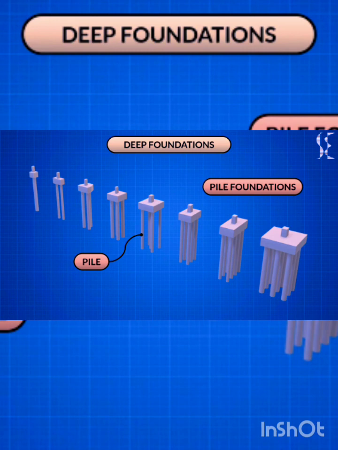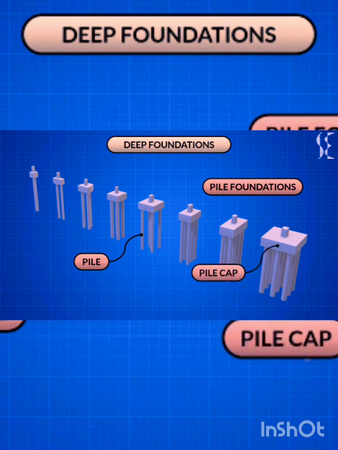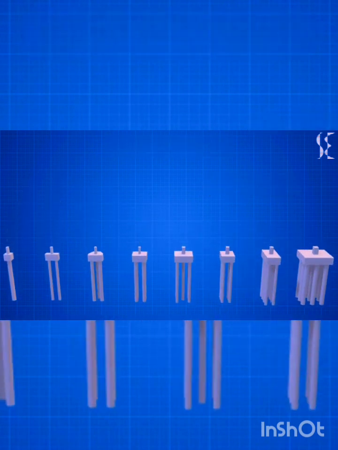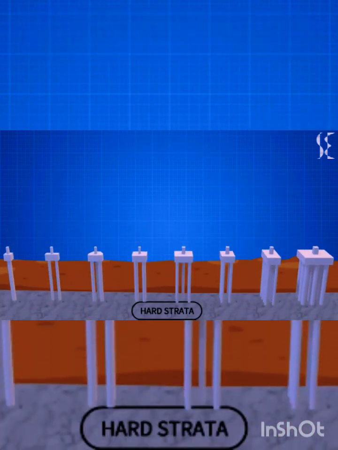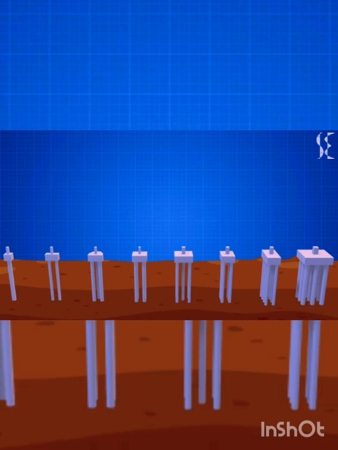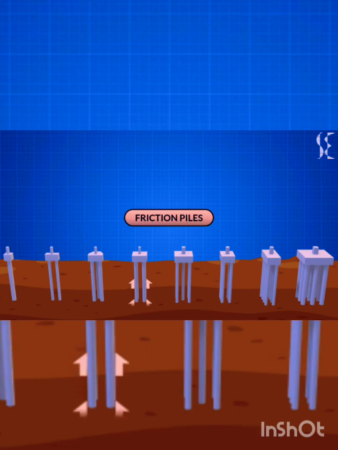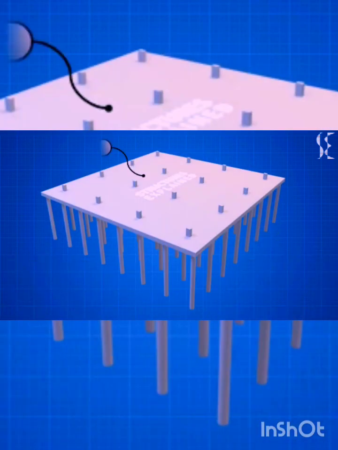They are normally provided in a group with a pile cap at the top through which the loads of the superstructure are transferred to the piles. These piles transfer load to the hard strata deep below the surface. This type of pile is called an end-bearing pile. If the hard strata is not available, the piles transfer load via skin friction mechanism in which friction is developed between soil and pile surface. Raft foundations can be combined with piles when more number of piles are close